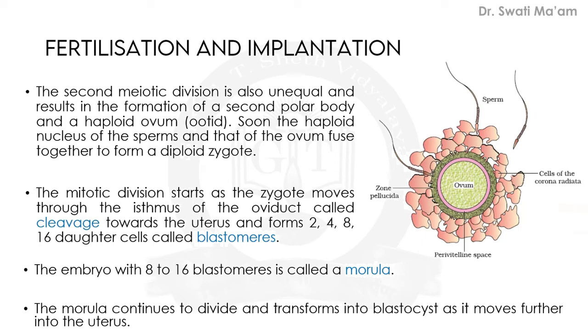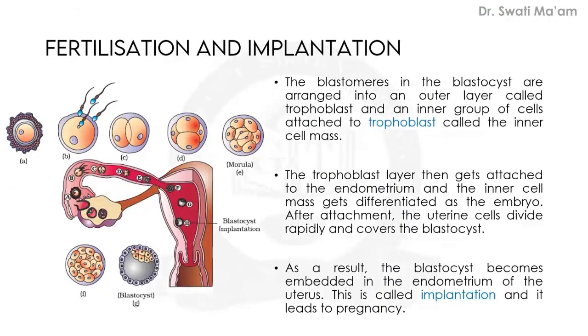All these events are occurring in the fallopian tube, and you can see the same process here in the given picture. This portion is of the ovary, and here are the different stages of development of ovum, that is oogenesis. This particular area is showing the release of ovum. So this is ovum,